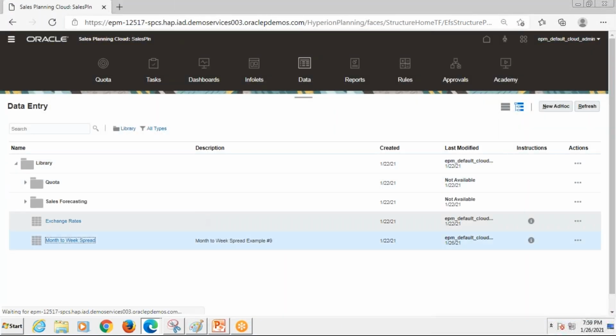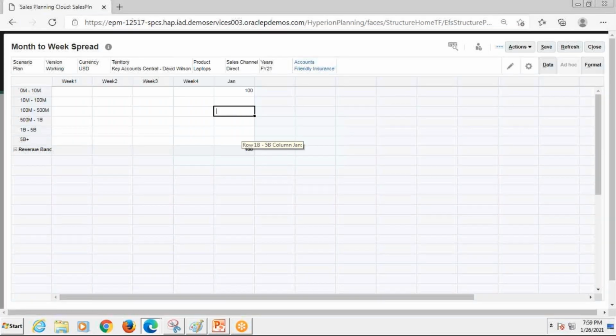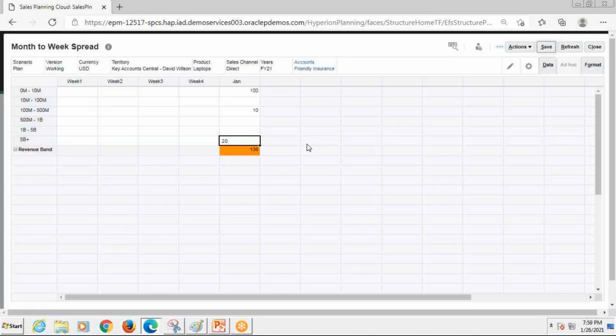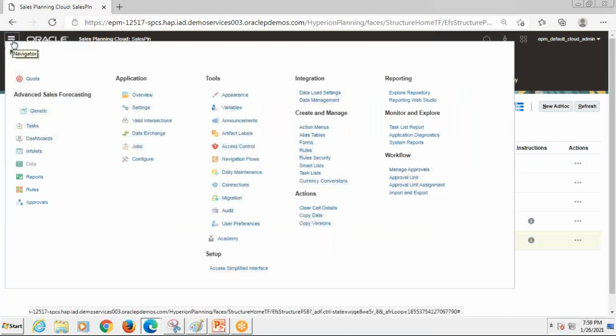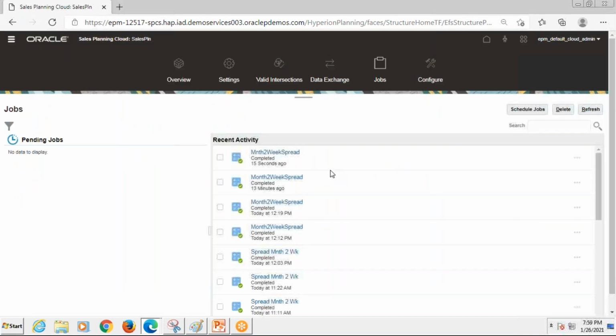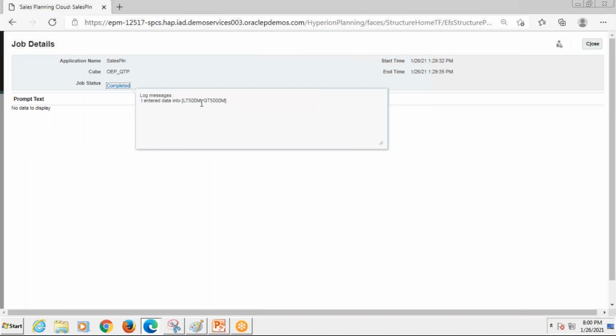So opening the respective form, I'll make the changes at two members. Let me change it to one for this and one for this. For two members, I've done the changes in the script, and we should be able to see the log of this. Once we go to navigation, and in the application, it indicates the jobs. Just select the jobs; month to week spread got executed successfully, and complete will show that LT 500 million to 5,000 million.